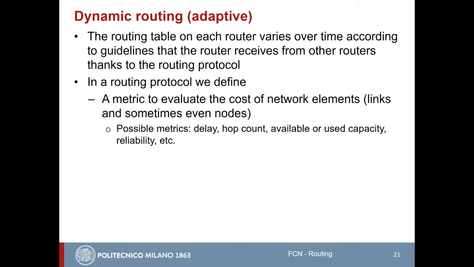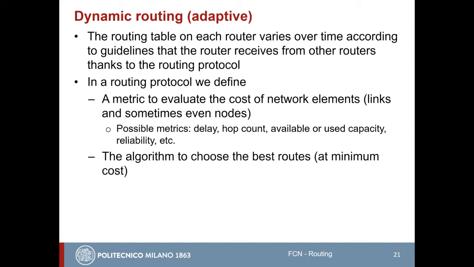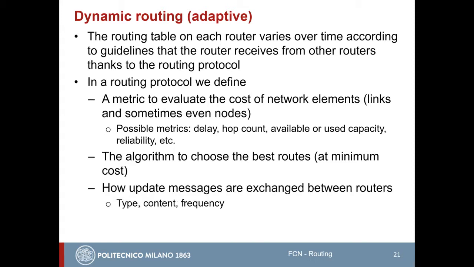That includes also the metric that is used to evaluate the cost in order to find the best path, comparing different paths. The algorithm that is used to choose the best routes in the minimum cost. How update messages are exchanged, type, content, and frequency, and